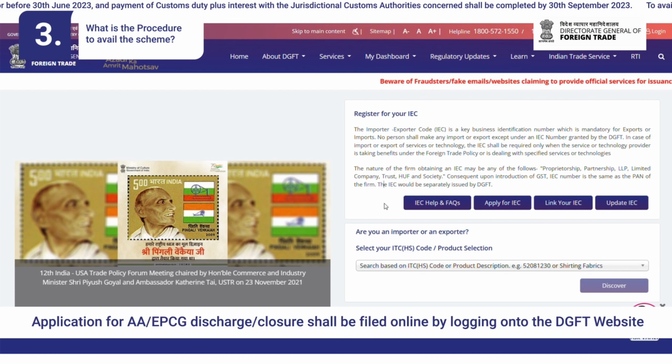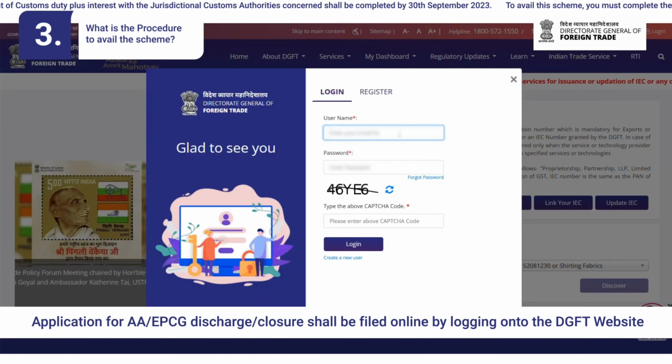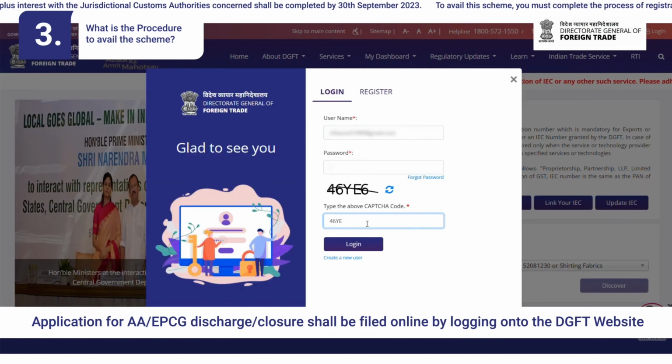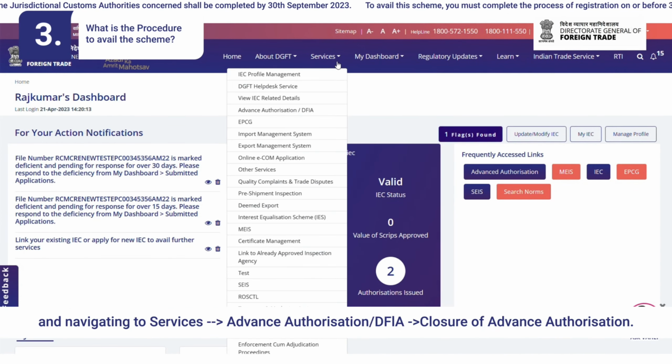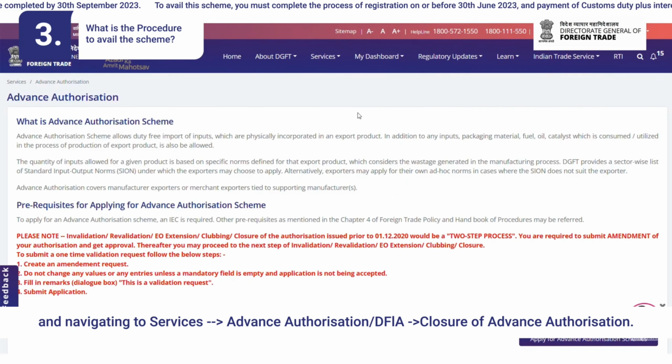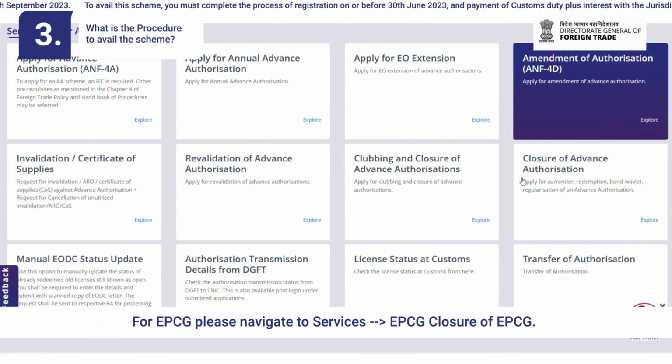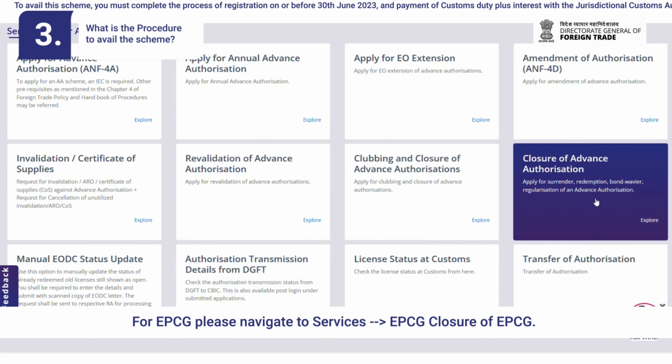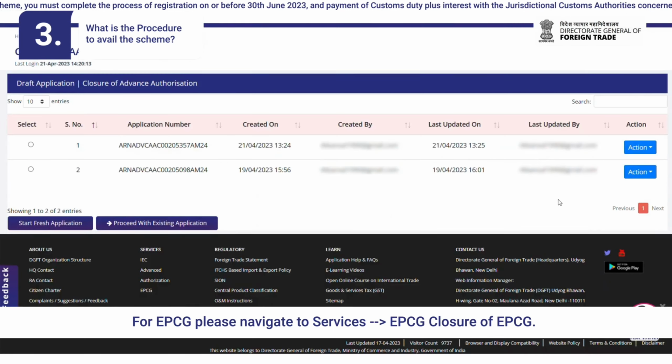Application for AA or EPCG discharge or closure shall be filed online by logging on to the DGFT website and navigating to Services, then Advance Authorization DFIA, then Closure of Advance Authorization. For EPCG, please navigate to Services, then EPCG, Closure of EPCG.